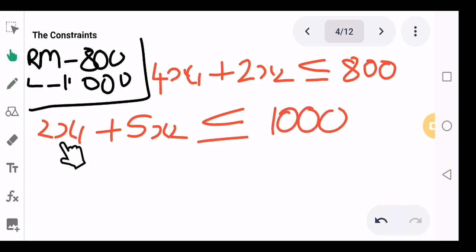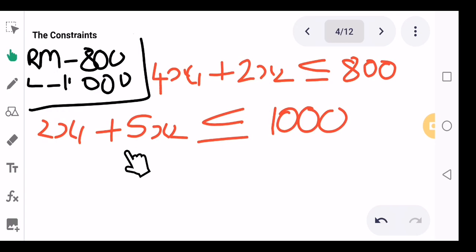Here what did I do? They have given that 2 hours is required to produce M. And how many M do we have? We have x1 units of M. Plus 5 hours is required to produce N. And how many N do we have? We have x2 units of N. So the total labor hours required by the organization is 2x1 plus 5x2, and the total